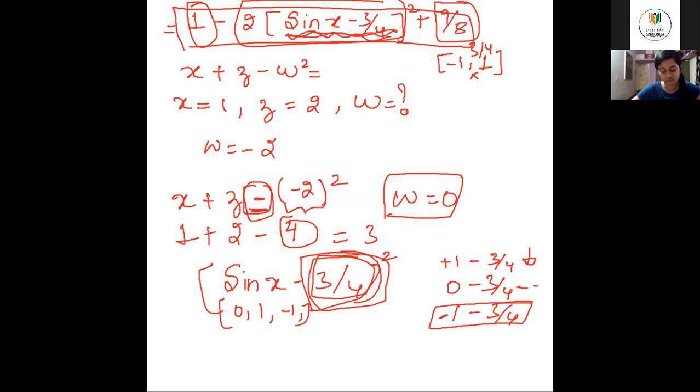Okay, so let's move on to type 3. Making use of the reciprocal relationship between tan and cot, sine and cosec, and cos and sec. If a function like this is given, they are inversely related, right? Tan is equal to 1 by cot, sine is equal to 1 by cosec, sec is equal to 1 by cos. If a function of these relationships is given, you can do as follows.